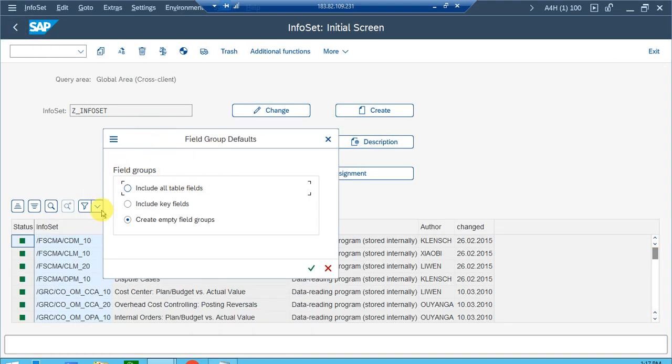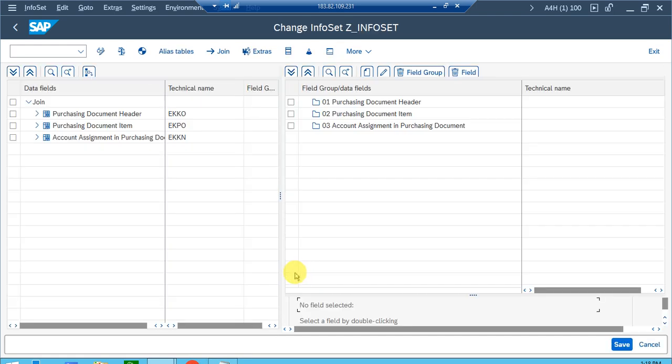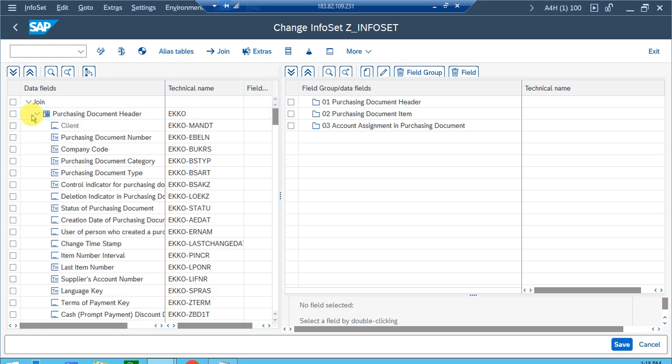So in this pop-up window, what we'll do is just go with create empty field group. Click on continue. So here in the left section, it will show all the tables we selected, and on the right side section it will show the field groups as per the database tables selected. So from these tables EKKO, EKPO, EKKN, we need to select